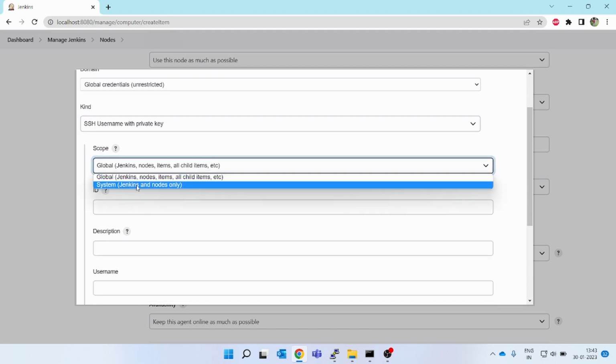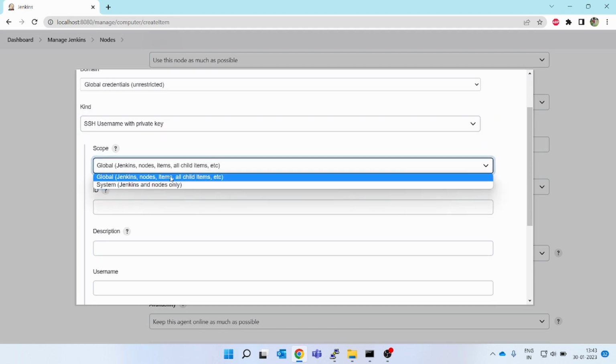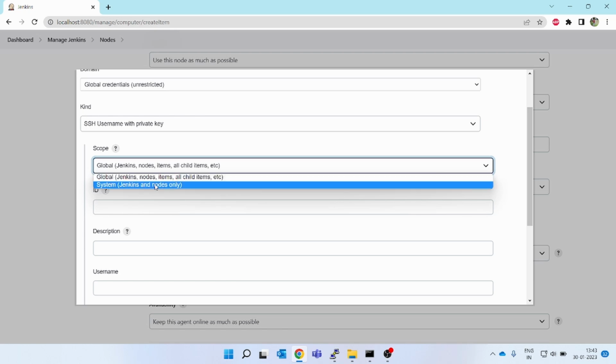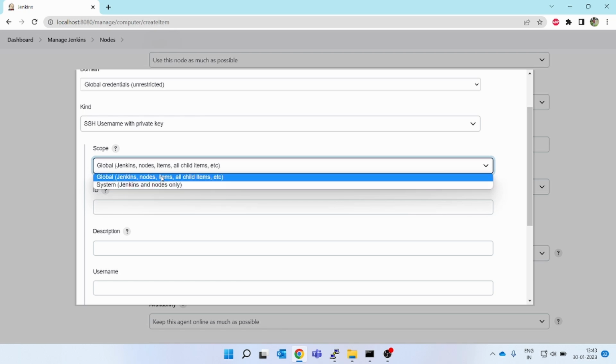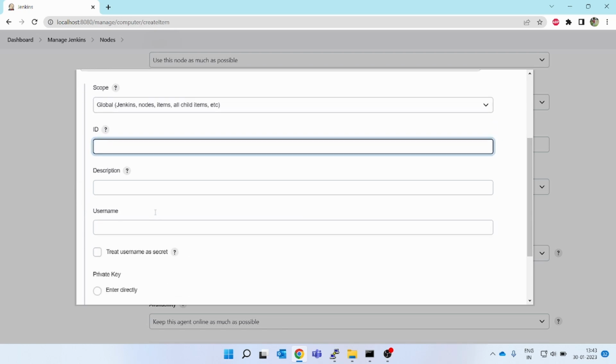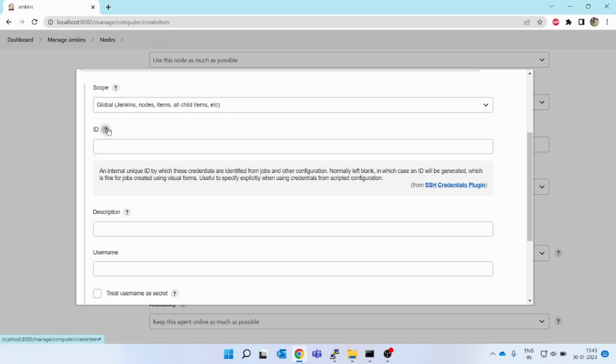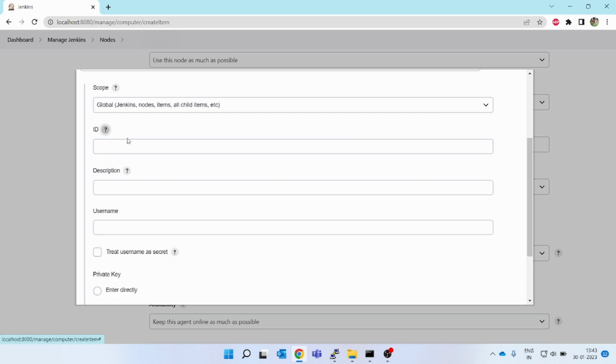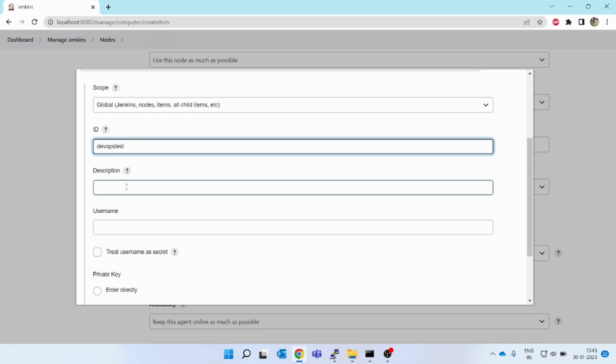Okay, scope, let it be global. You can give a system, Jenkins nodes only, Jenkins nodes items, child items. Let it be global. Okay, you can give an ID. Click on this, it will tell you what the ID is, so you can give anything. I'll give DevOps test. Description is